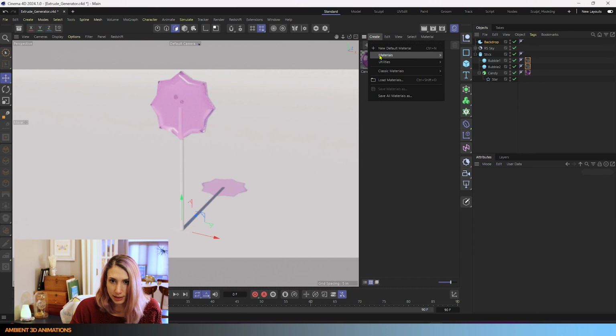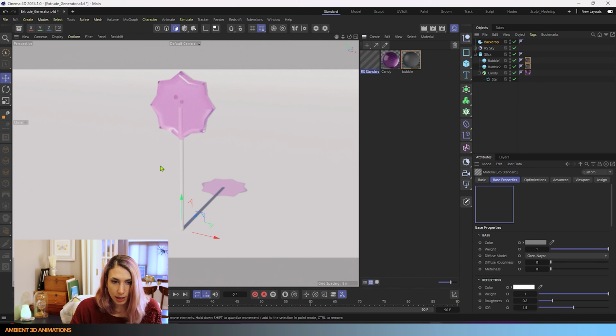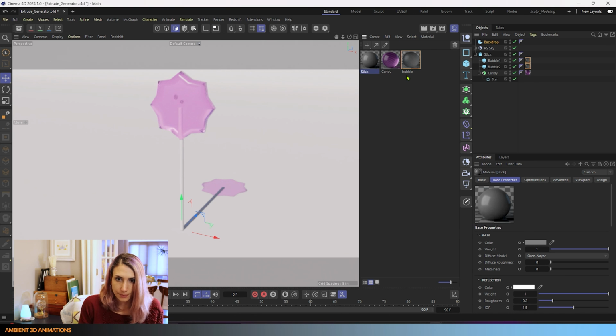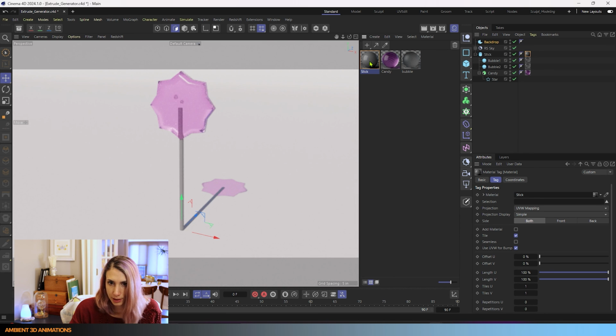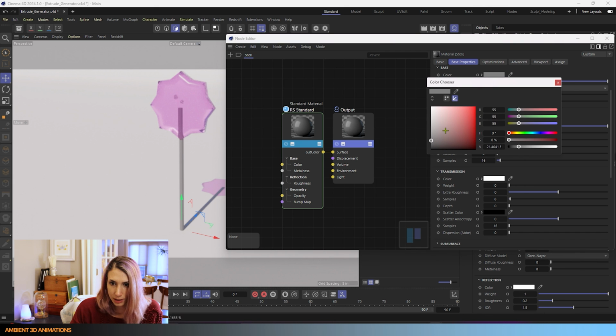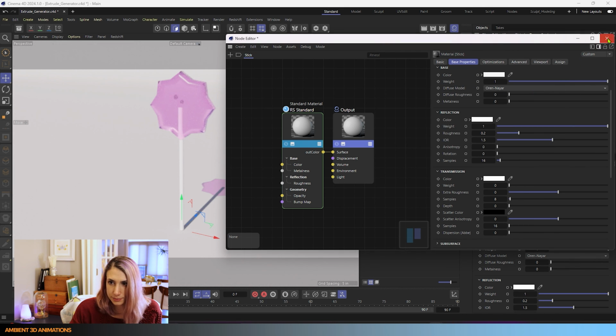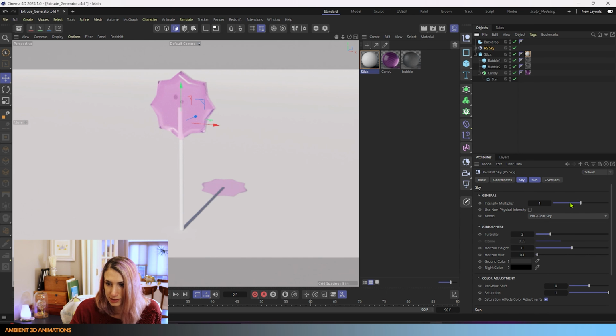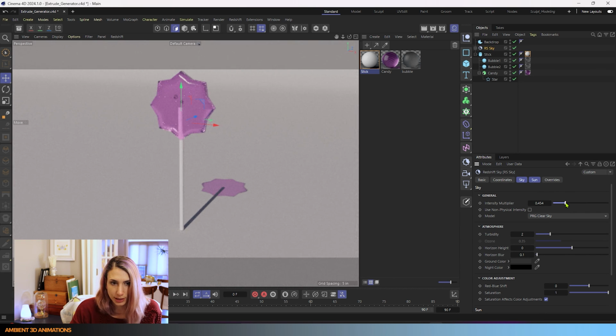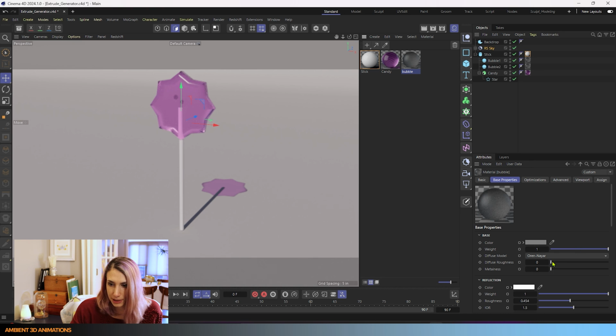Now we also need a texture for the stick here, so I'm adding in another standard material. I'm going to name this stick. I'll add it here. And instead of it being gray, usually when I see these, they're a light gray or a white color, so I'll do that. I think this Redshift sky is a little bit on the strong side. I'm going to reduce its strength a little bit. That shading looks a little bit more realistic to me,